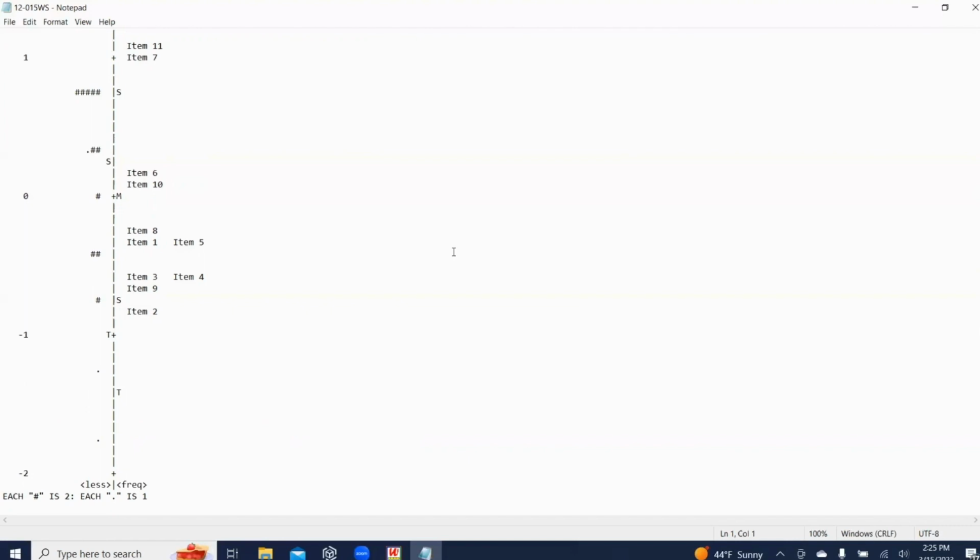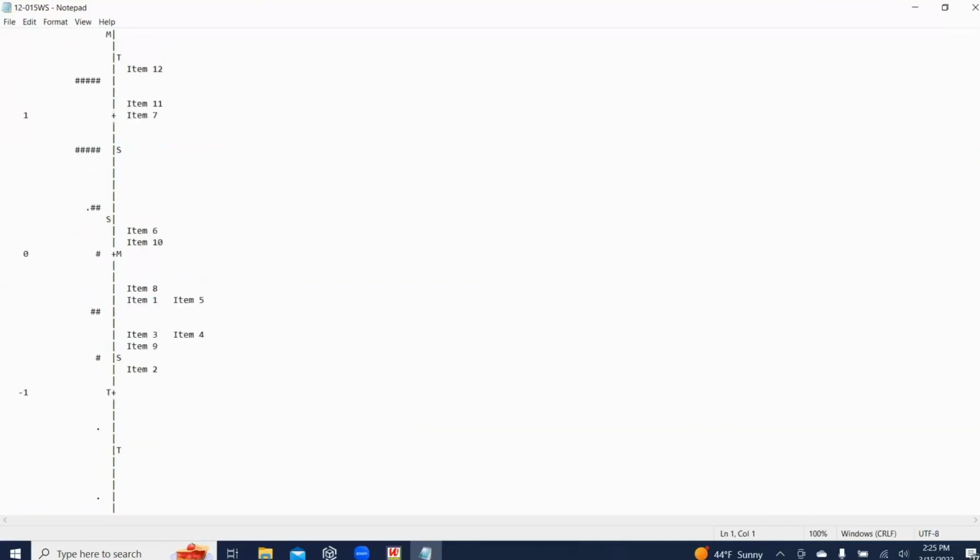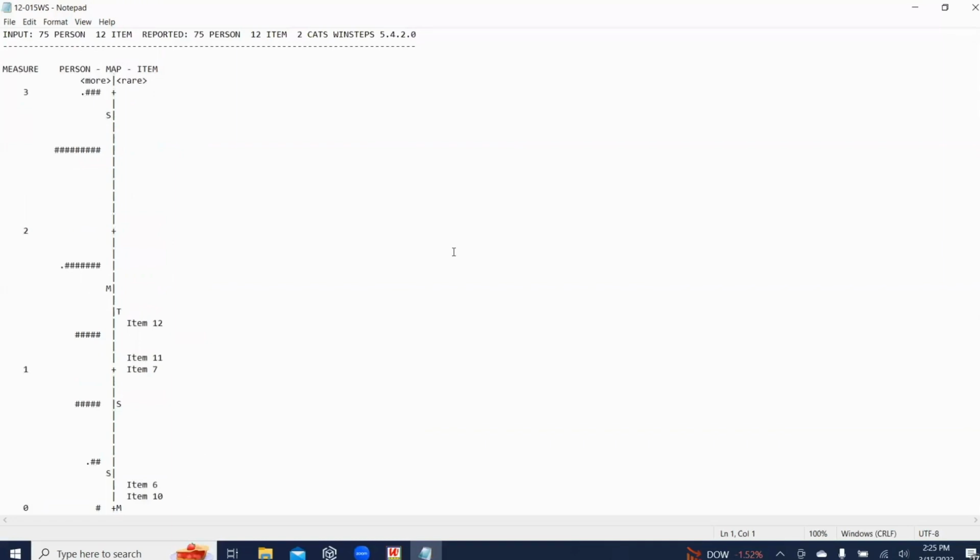We can change it so that Winsteps plots every person, and this is at least the way it is when you run it straight from Winsteps, but you can change it so that you see a hashtag for every person. All right. Now, the important thing that you want to think about as you're working with your Wright Map is,